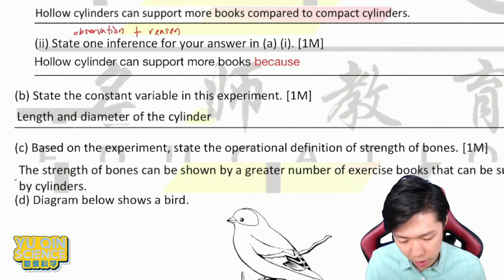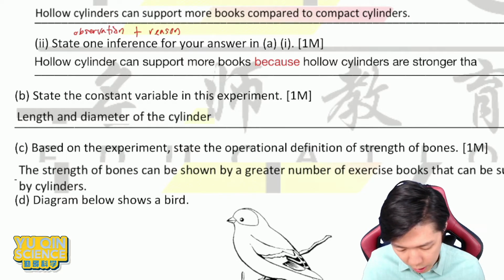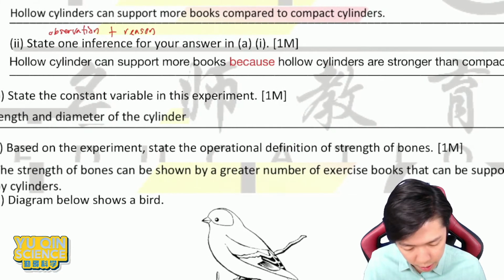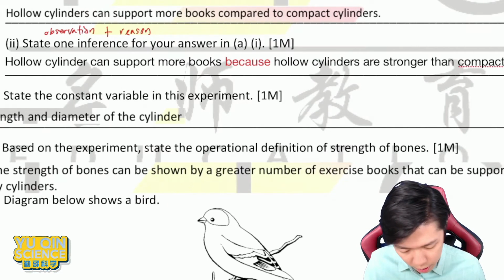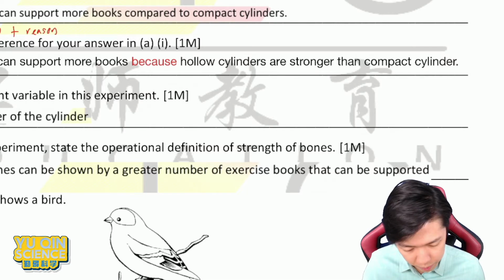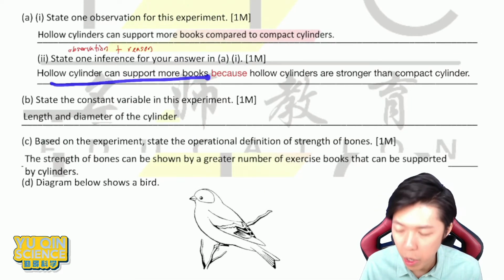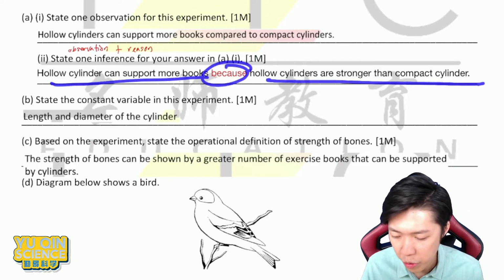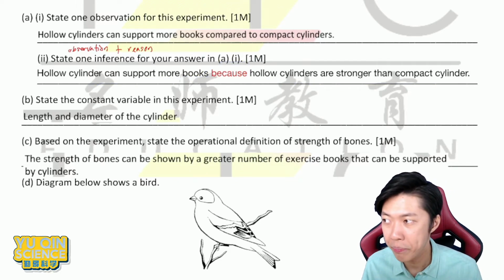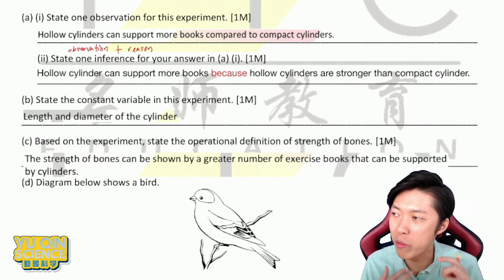So because hollow cylinders are stronger than compact cylinders. Okay, there you go, guys. Observation, because, reason. So this is a rough guidance: you always write down observation first, then only